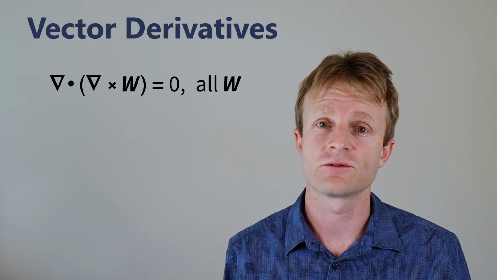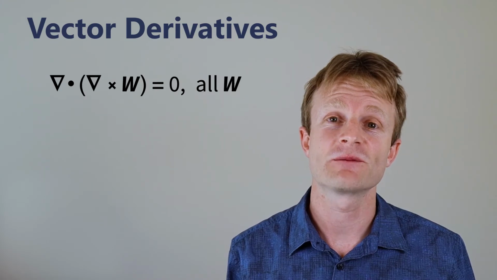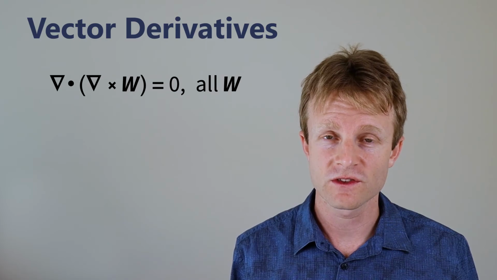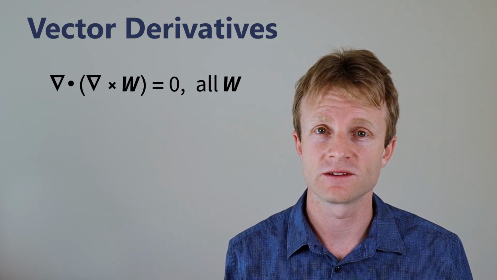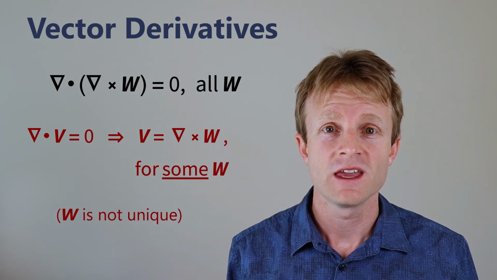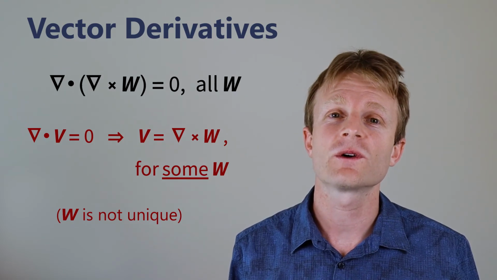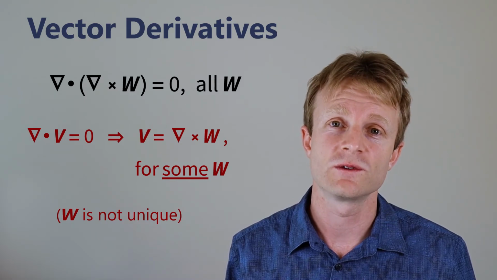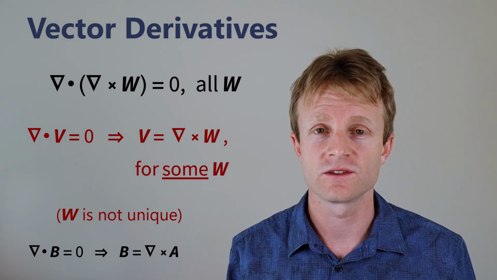If we take a vector field W, we compute its curl, and then we compute its divergence, we will again find that all the terms cancel. The divergence of a curl is always 0, no matter what your vector field W is that you start with. And again, there's a theorem that says it goes in the other direction. It says that if you have a vector field V whose divergence is 0, you can always find another vector field W such that V is the curl of W. And this will be used in advanced electromagnetism to introduce a vector potential, which is analogous to the scalar potential